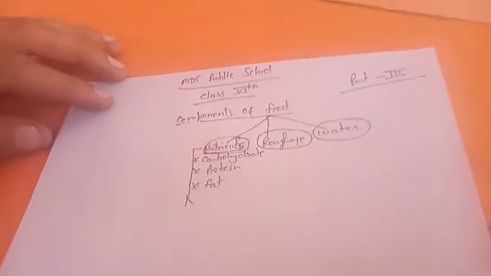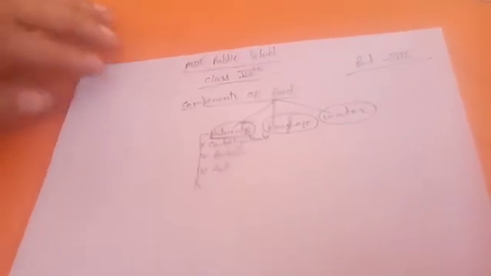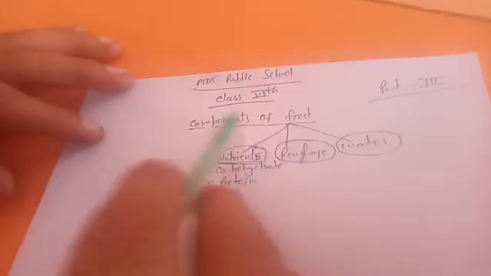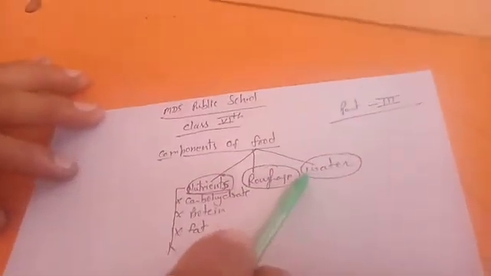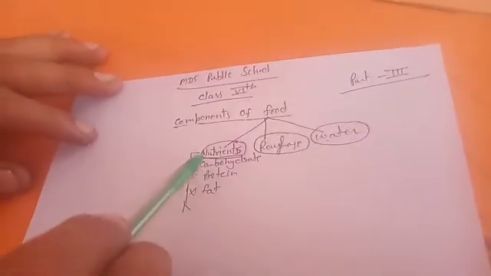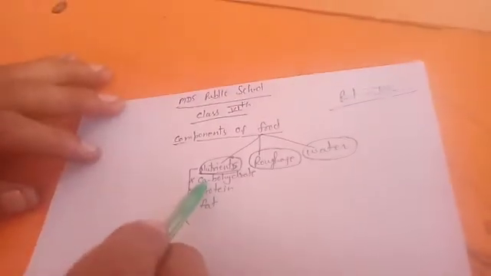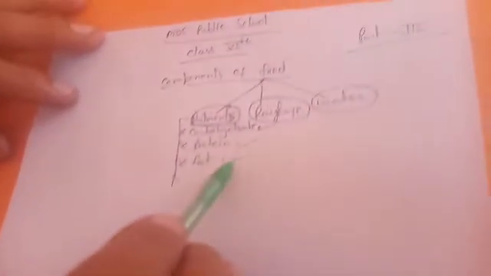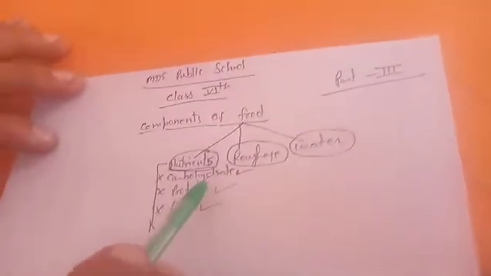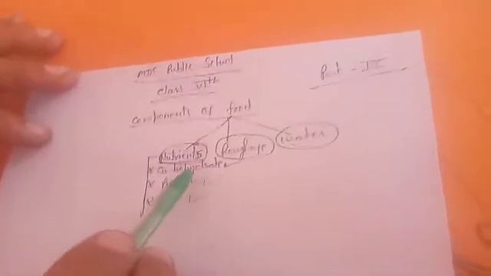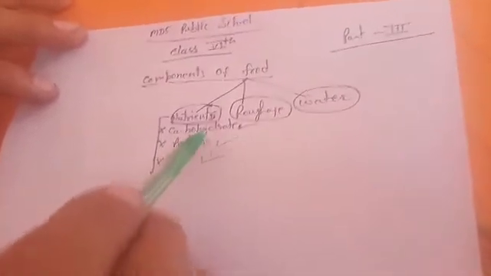Hello, dear students. In the previous lecture, we studied the components of food, and we know that three main components of food exist: nutrients, roughage, and water. Out of these, nutrients are of five kinds. Three of these we have already studied: carbohydrate, protein, and fat. What functions they do for the body, where we get them from, and how to test their presence.